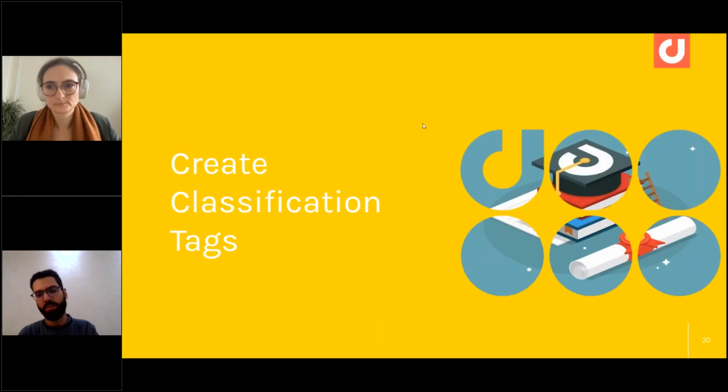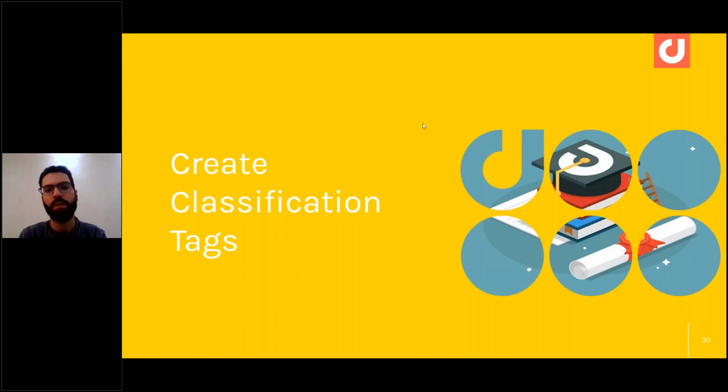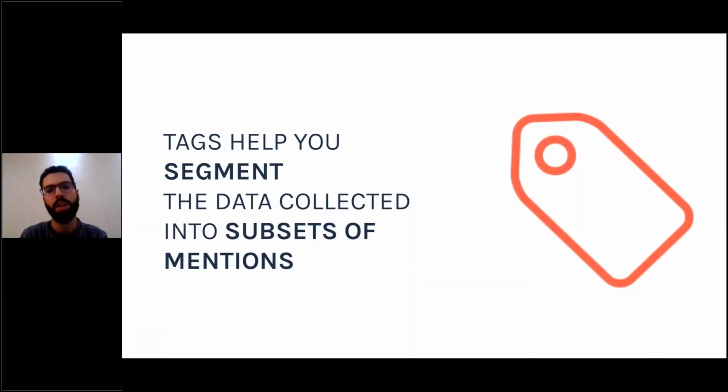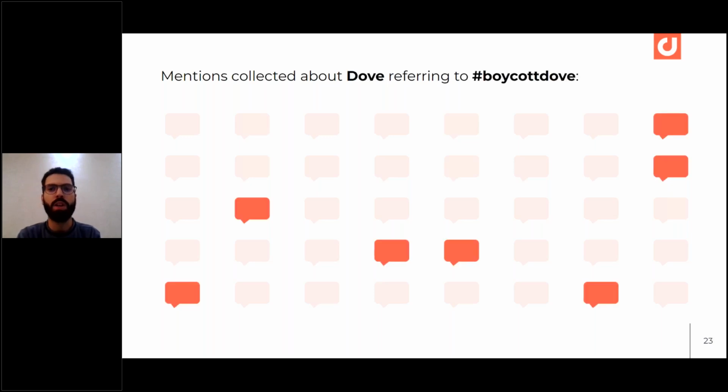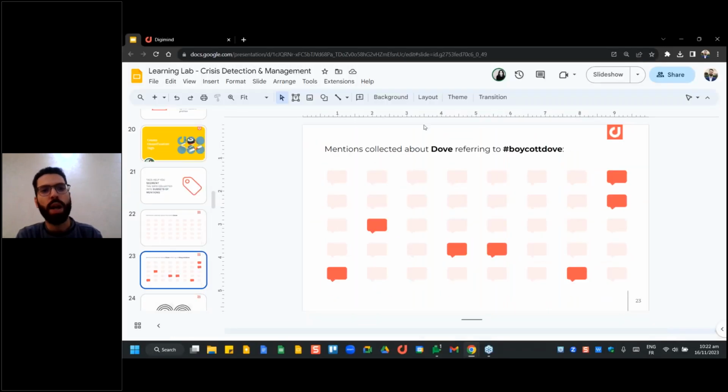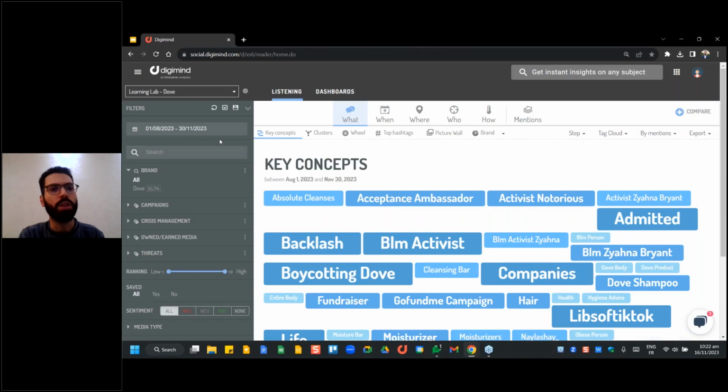So the idea behind tags is that they will simply help you isolate, in our case here, the conversation centered around the crisis from the other mentions collected about your brand. So if we take a look at the Dove topic, we can see that we can isolate mentions about boycott Dove, for instance, here, or if I just go ahead here and switch to our dedicated training platform, we can